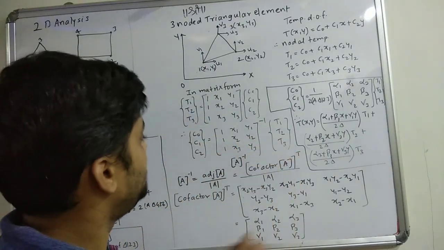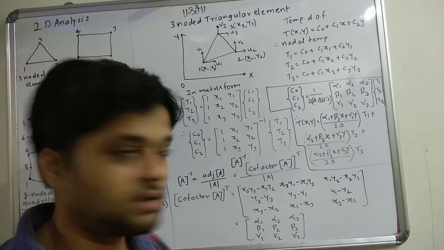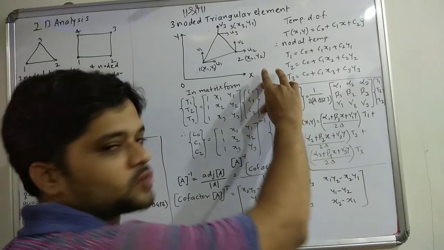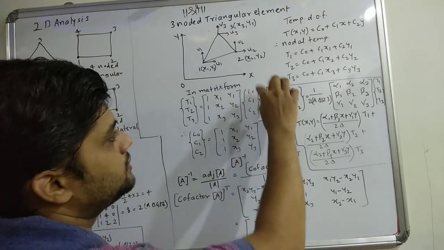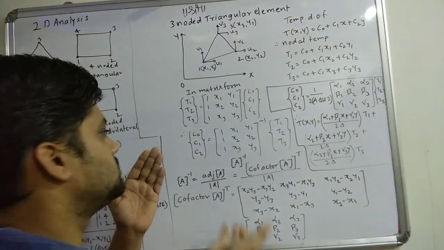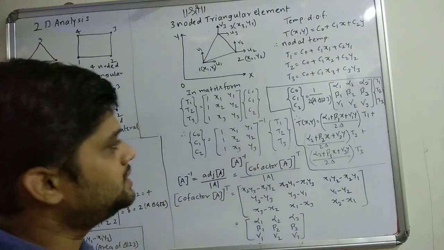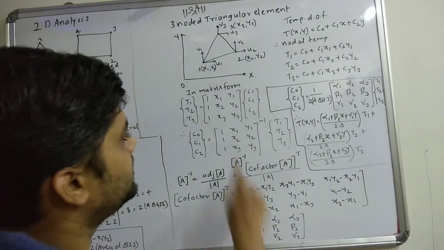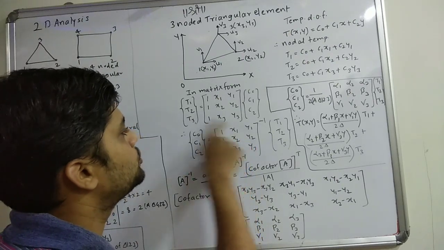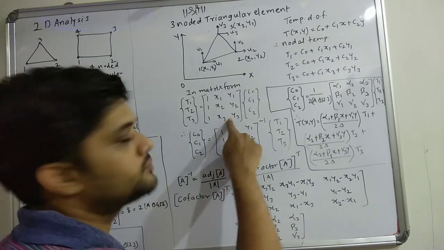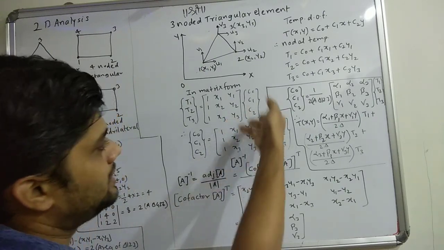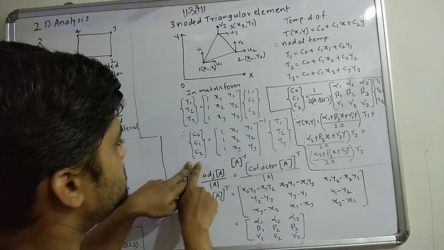Now, in order to find the values of these constant parameters, I must find the values of C0, C1, C2. In order to do that, I must have C0, C1, C2 on the left hand side and everything on the right hand side. Since this is a matrix equation, I can pre-multiply both sides by the inverse of this matrix, and that eventually will give me